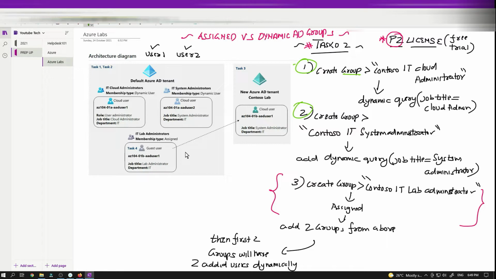And then last but not the least, you have to create a group, Contoso IT Lab Administrator, but guys, this time it will be an assigned group. And then you add these two groups from the above. So you have to add this group in here and one also in here. So this third group, which will be Contoso IT Lab Administrator, will have 2 groups plus, I'll explain what's plus in it later. So once we create these groups, we create an assigned group, add these 2 groups, so 3 parts, and then